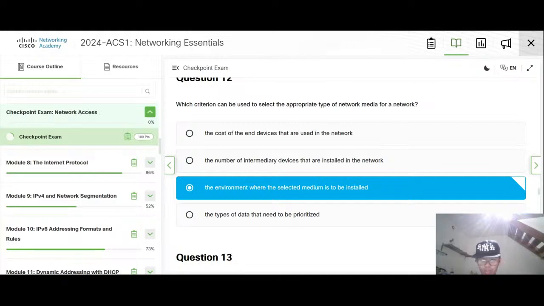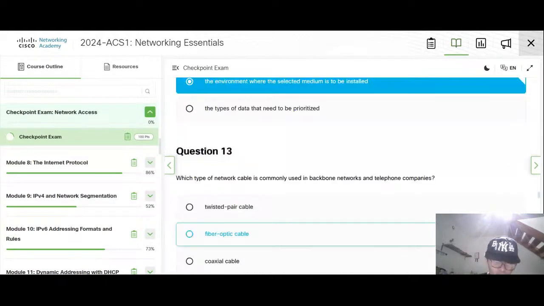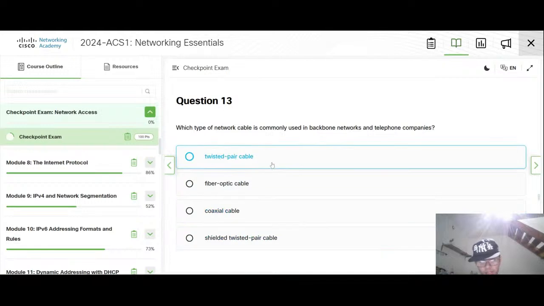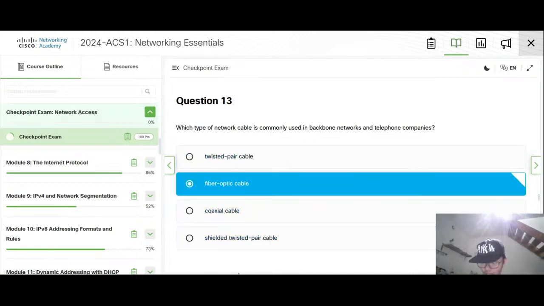What about the last one? I will try to see it later. So, backbone. Okay, it is of course fiber optic cable.